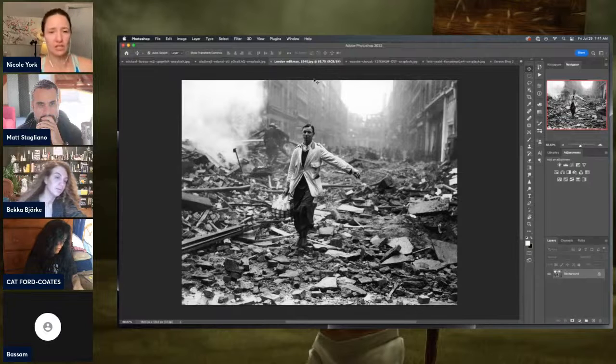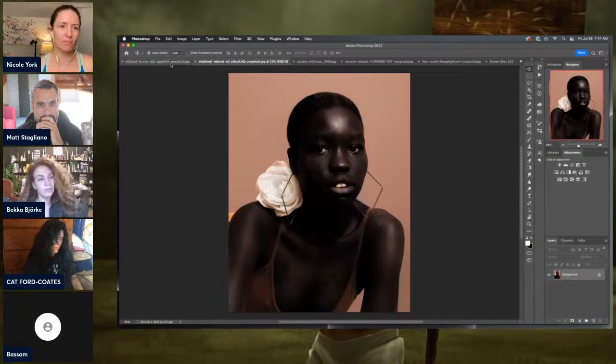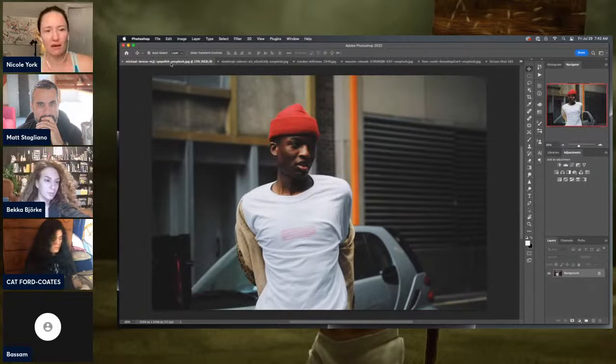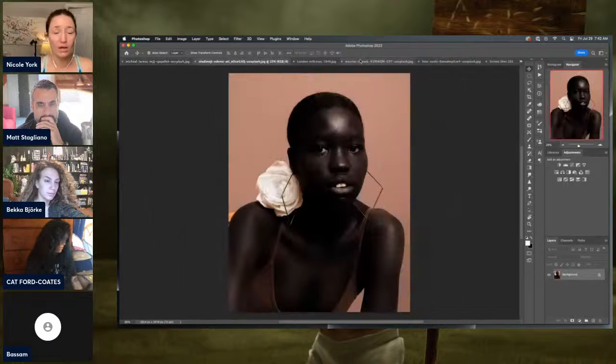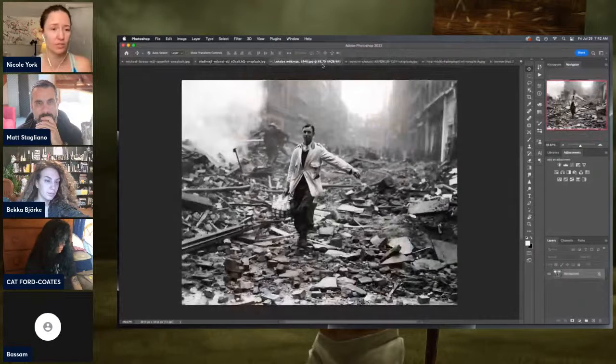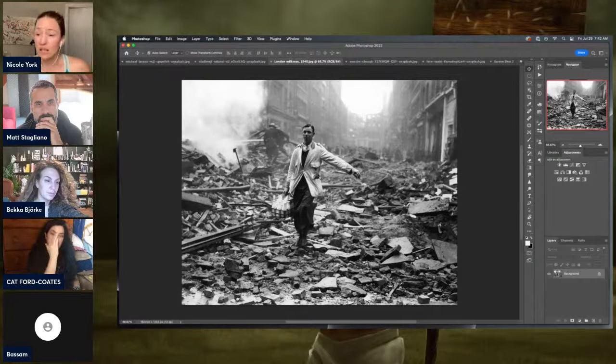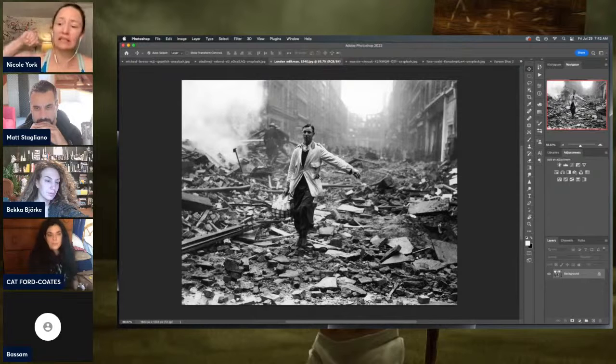So comparing just these 3 images, I wonder what stands out to folks the most about environment here, and what conclusions we can draw from the artist's intent. Can we draw any conclusions about the artist's intent and the subject matter just from what they've chosen to include in the frame? If you're in the audience today, would love to hear from you. So please put that in the comments.